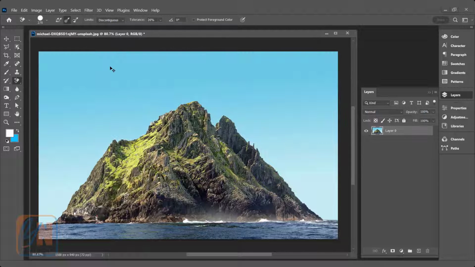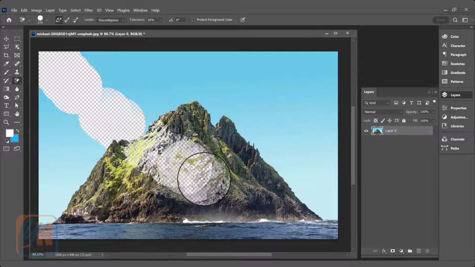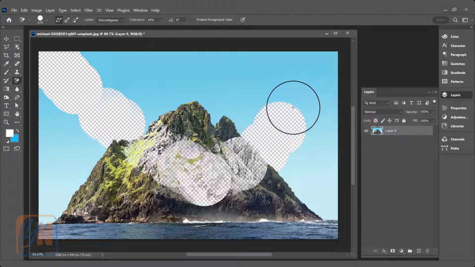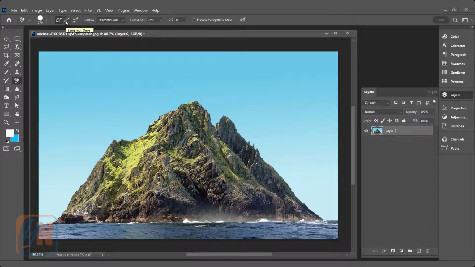Ctrl Z to undo. If I select sampling continuous and click and drag, since it is taking samples continually, it is now affecting the mountain also, because wherever this plus goes, it will take a new sample and erase that area. Ctrl Z undo. If you are going to target a specific color sample, you need to select this option, sampling once. So this time if I click and drag,